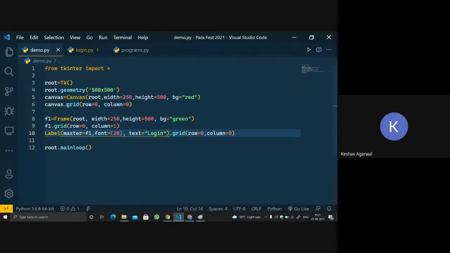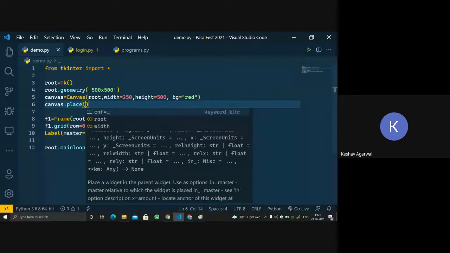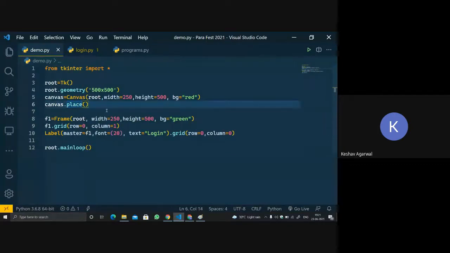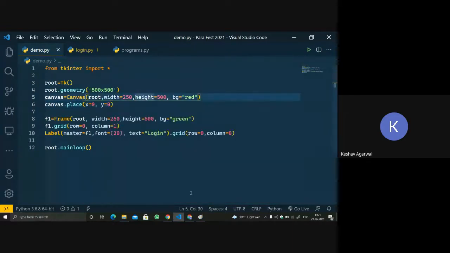Over here, what we will do is we will use place. So Pankaj, again, you will ask why are we using this place? Place is used again for putting it in specific areas. So let's say x is equal to 0, comma y is equal to 0. It will place it at x, 0, and from there it will start.